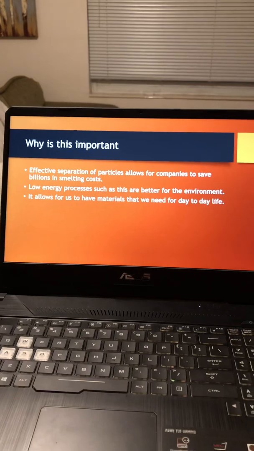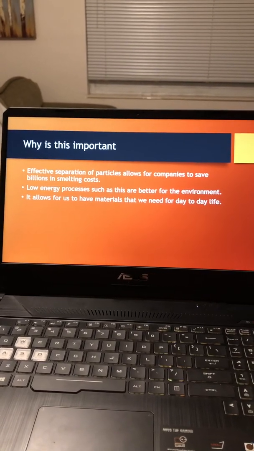So why is this important for us? One, this new method, as opposed to smelting, saves so much money for companies. Because it can all be at the same temperature, you're really just paying for electricity to turn the machines, as opposed to having to burn coal or something to get all this heat and power. Second, it's